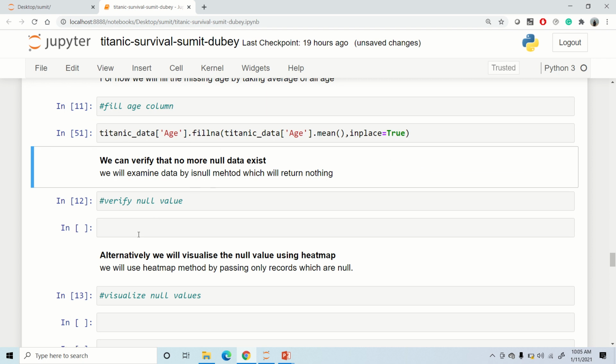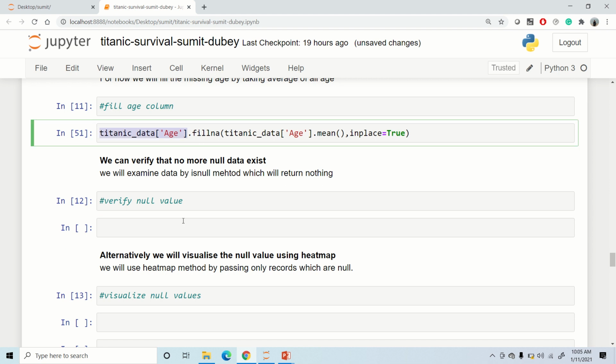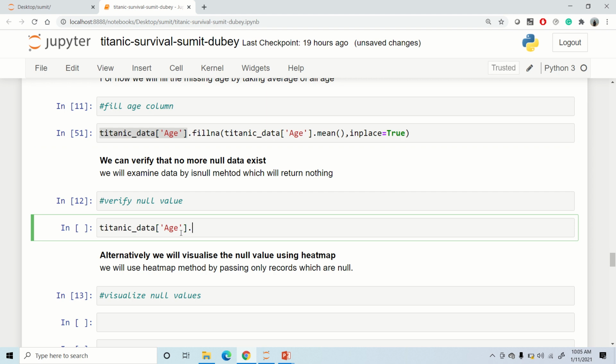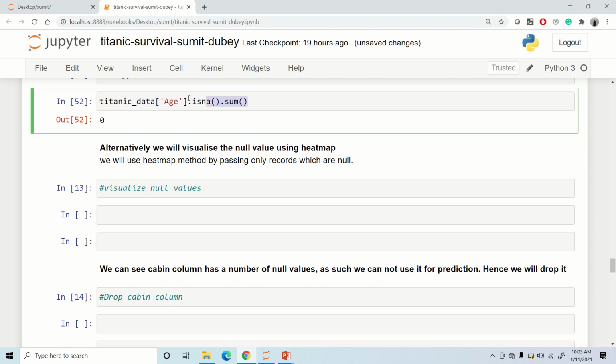With this, my null values in the age column are imputed. We can verify that by just saying titanic age dot isna, and then submit. We can see there are no null values any longer in the age column. We can even visualize this by making use of a heat map again.